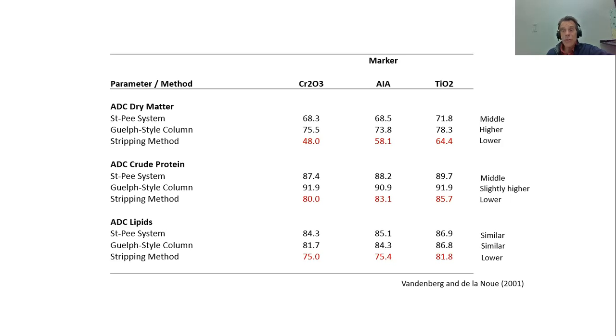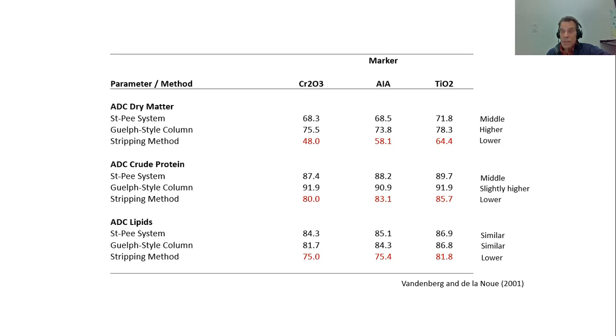So actually, not just the feces collection system can have an impact, but also the marker that you're using. We assume the marker is 100% indigestible, safe, and passes at the same rate as other nutrients. And it may not be completely true. There may also be issues with analyzing these markers. When you have high ash content, you ash your sample, silica will fuse and actually will bind some of the markers and make them very difficult to solubilize and will affect the recovery of your marker. So you have to be careful.